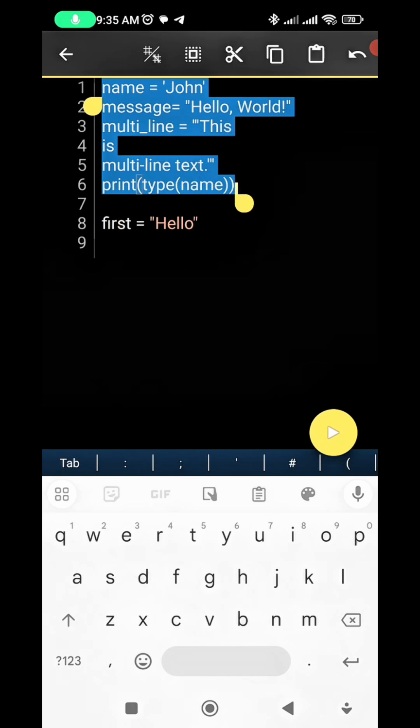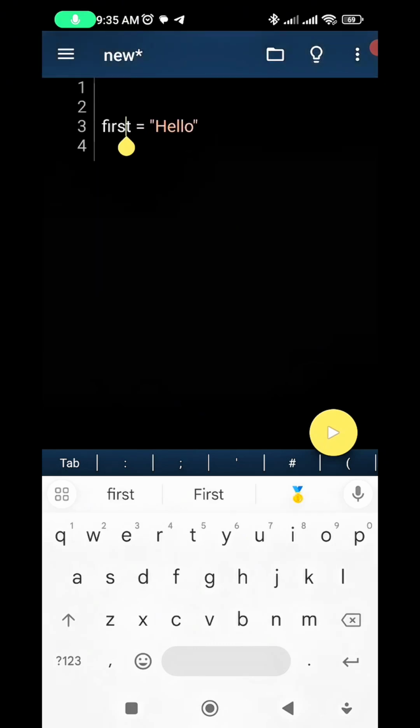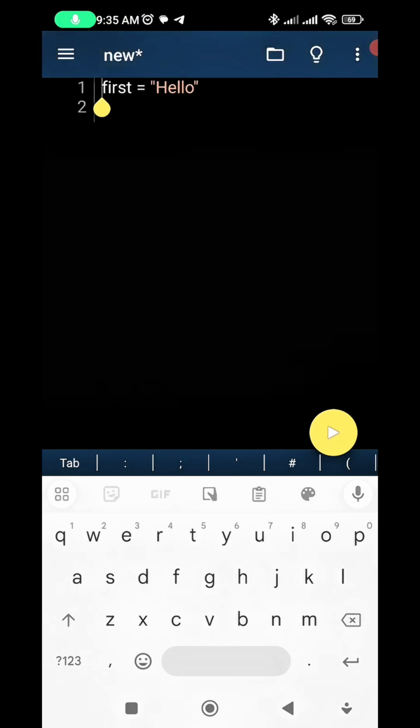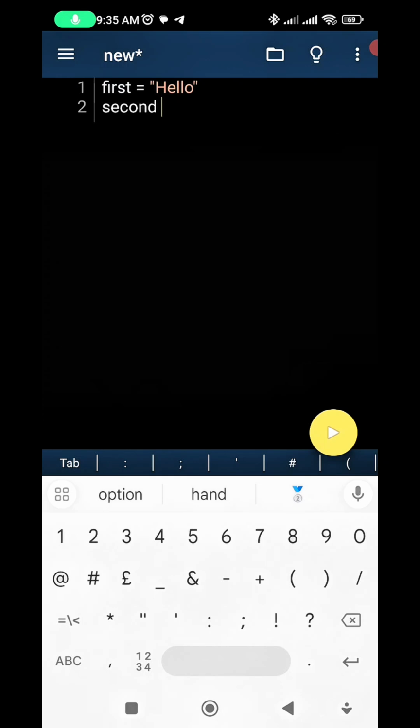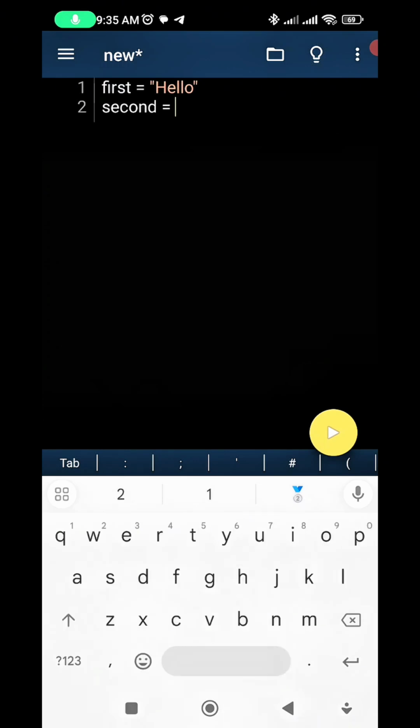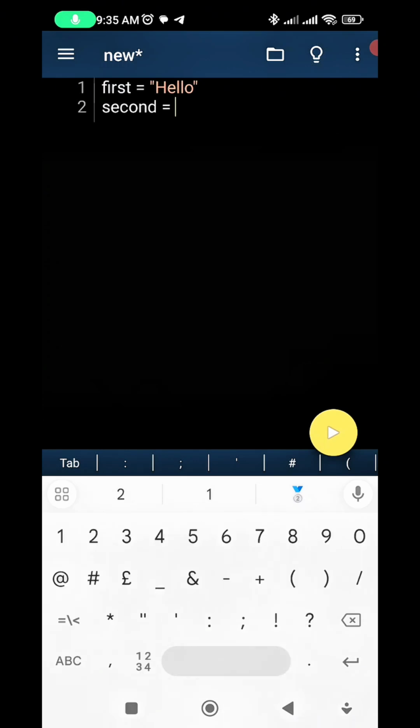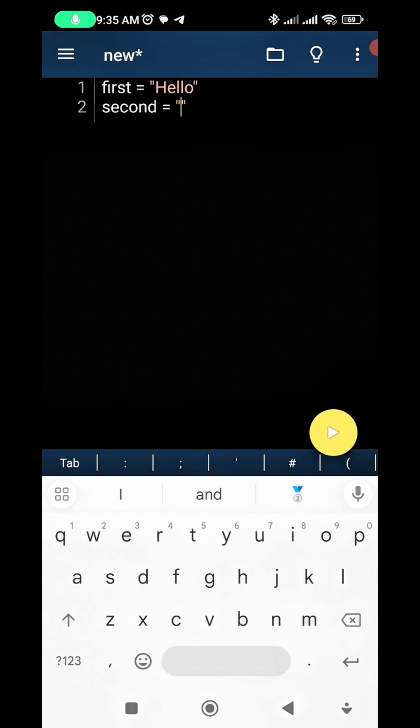I would have said let me comment this code, but let me just wipe it so that we can have more lines to type without filling the screen. Second equal to world. Then print